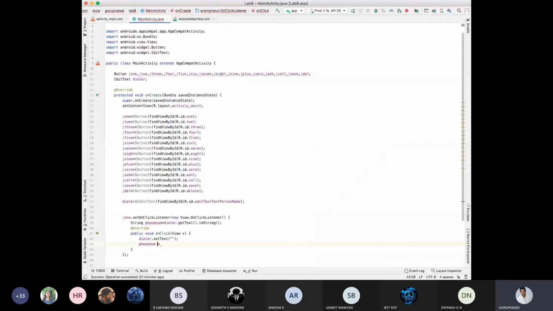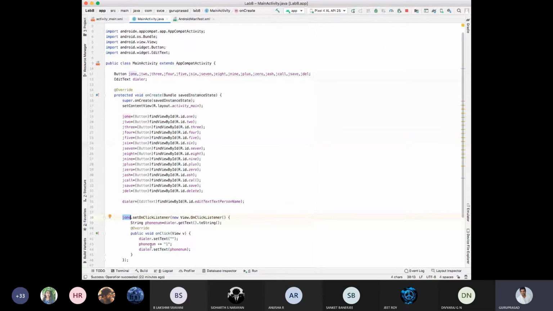See, this is very important. Plus, then my dialer should set the text. Initially it was null, then I'll rename it with the phone number. Upon clicking Java 1, something should happen. Initially, the dialer, my edit text, will be null. I am creating a phone number string and giving plus is equal to.